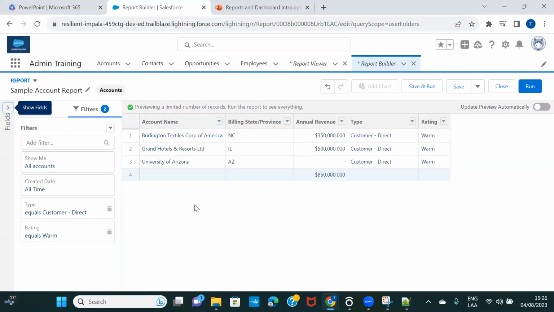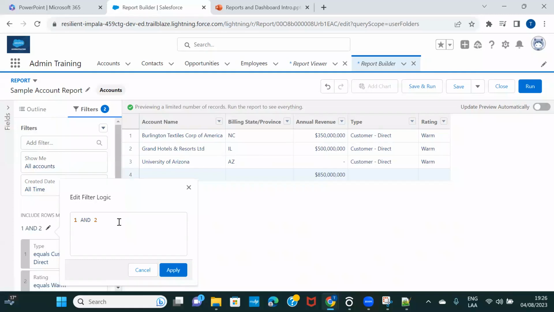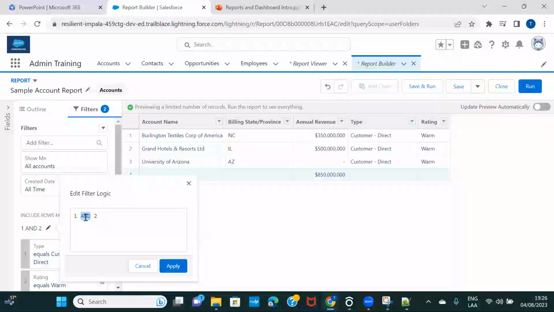Now, this filter that you're seeing, there's also something called logic, where you can customize the filter. For example, this one, add filter. So right now it is 1 and 2. The 1 and 2 is not your two standard filters. The custom filters that you have put, this is what it is considering as 1 and 2. So currently it is seeing that if the account type is customer direct and if the rating is warm, then only display the record, where this combination is true. But let's say if I want to make it or, then I can do it from here,